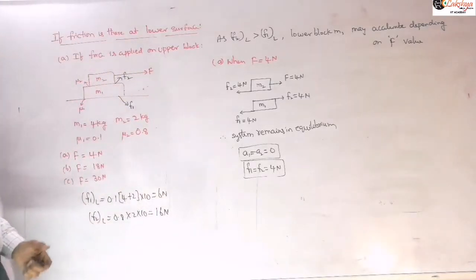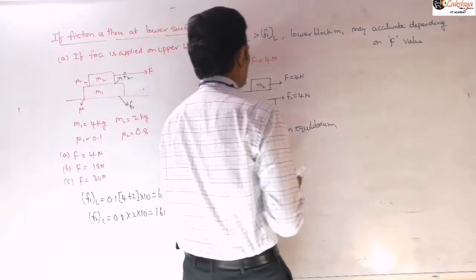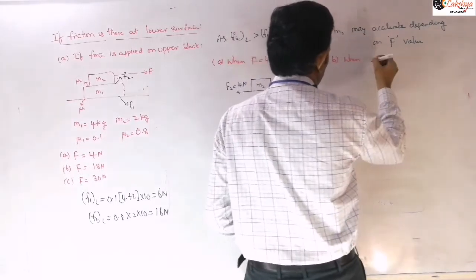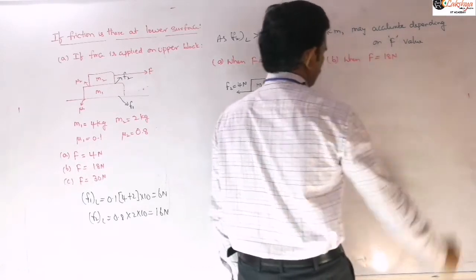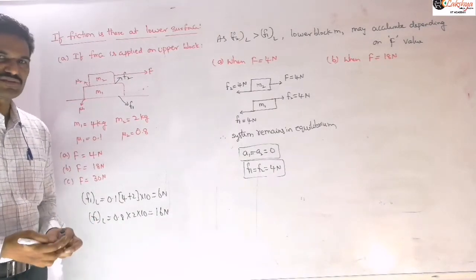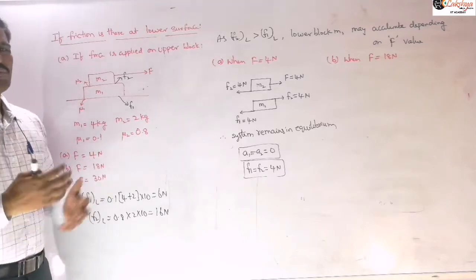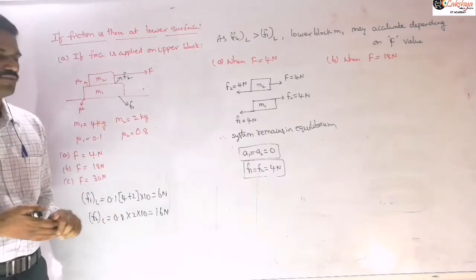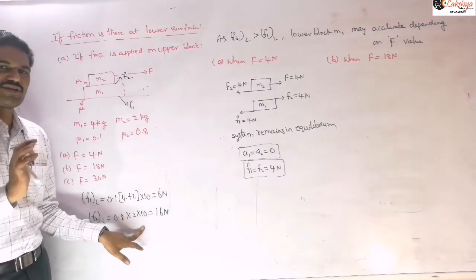And next let us take when the applied force is say 18 newtons. So when the applied force is say 18 newtons, for this case only most of the students will make some mistakes here for this 18 newtons. So let us observe this 18 newtons here. So generally what we may think here is, for 18 newtons there will be some slipping between M1 and M2 because F2 limiting value is only 16 newtons, right? So that is our general thought.